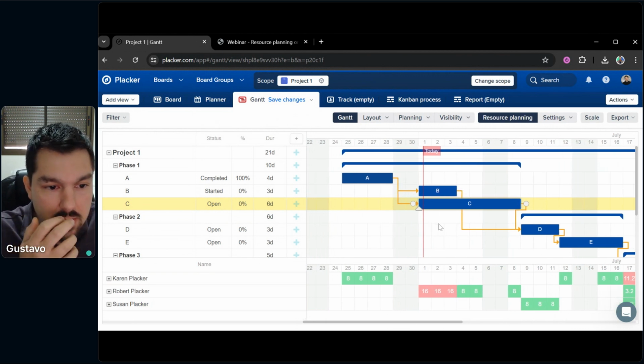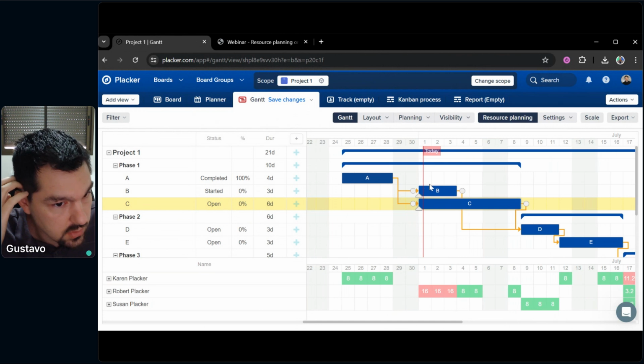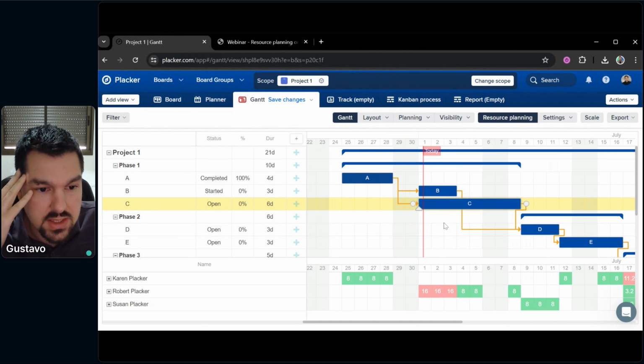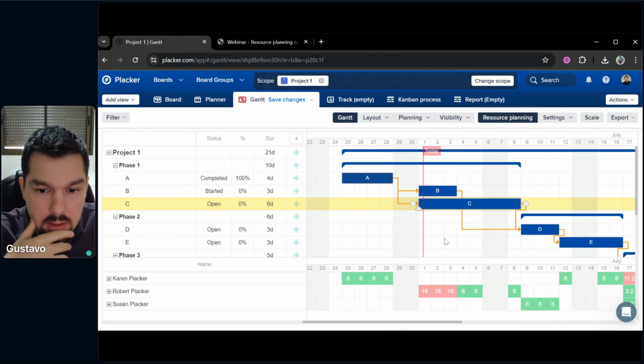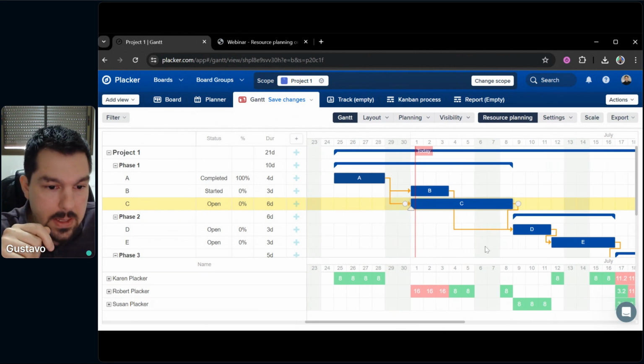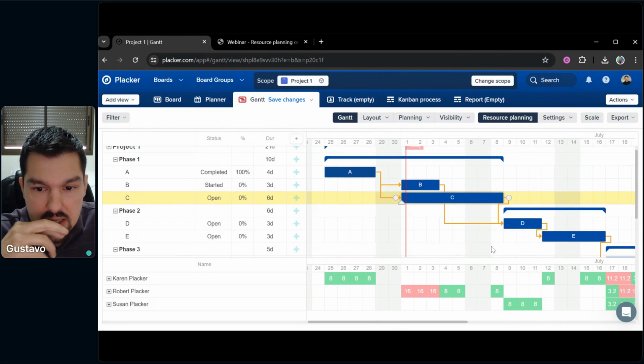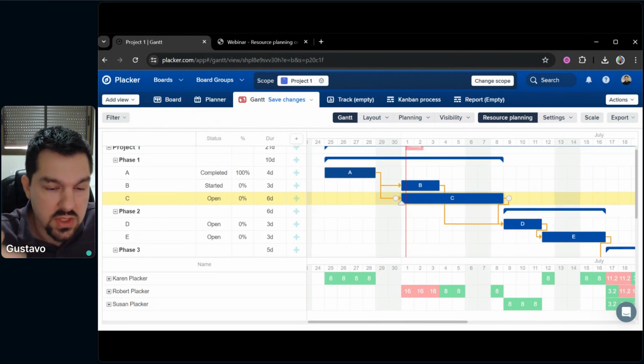So one thing that comes to mind is to delay the second task. Robert could do task B and task C at the same time, but he doesn't have enough bandwidth for this, so we could just set a dependency. First he finishes task B, and then after that he starts working on task C, right? Does that make sense? So that's a possibility, but the downside is that this will possibly delay